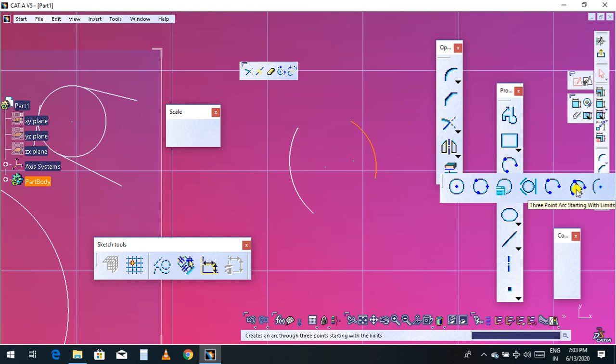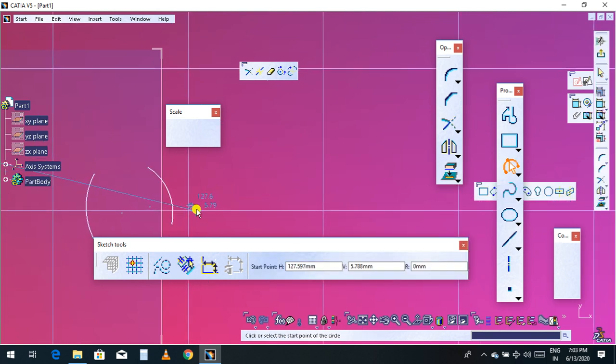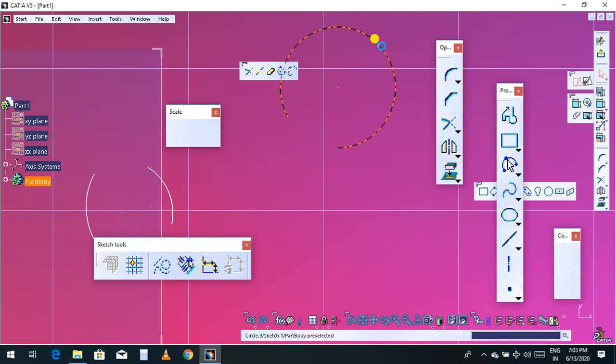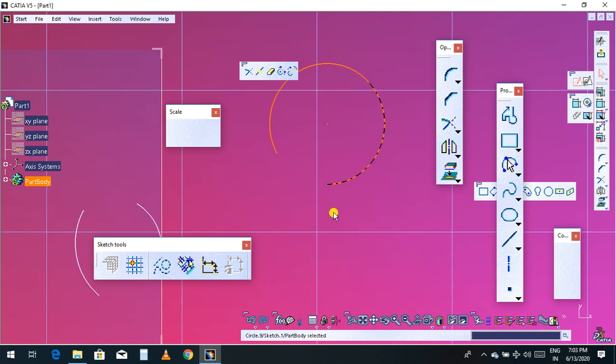Now another option we have is the 3-point arc starting with limits. So click this and give one limit, second limit, and then you can measure the given limit values where you want, and this will be half of the circle. This part will be invisible.